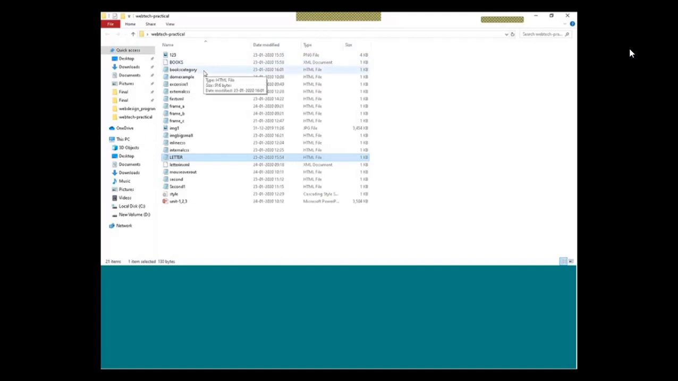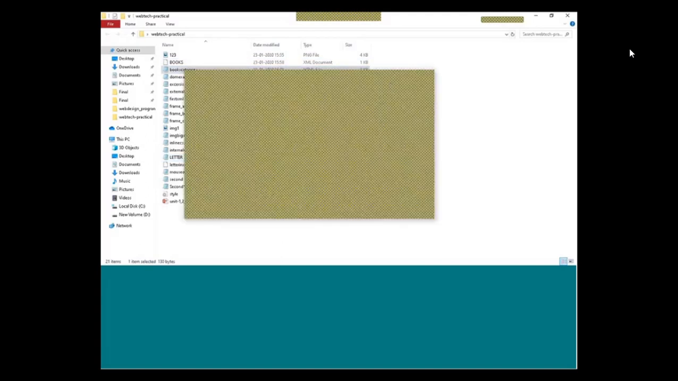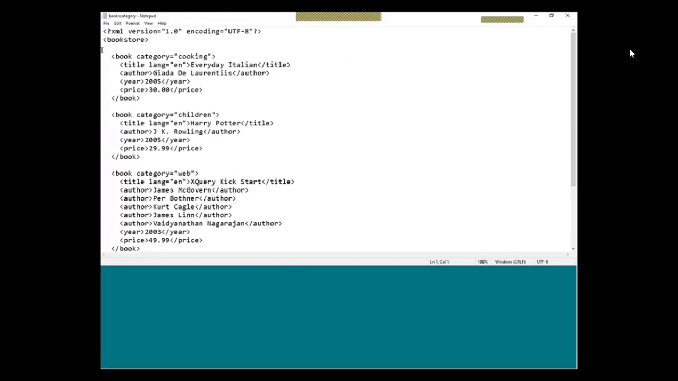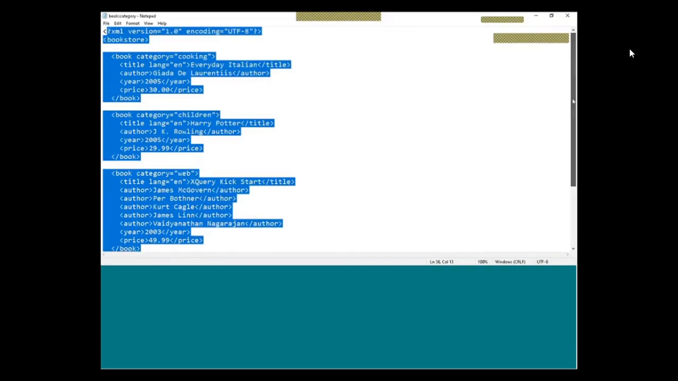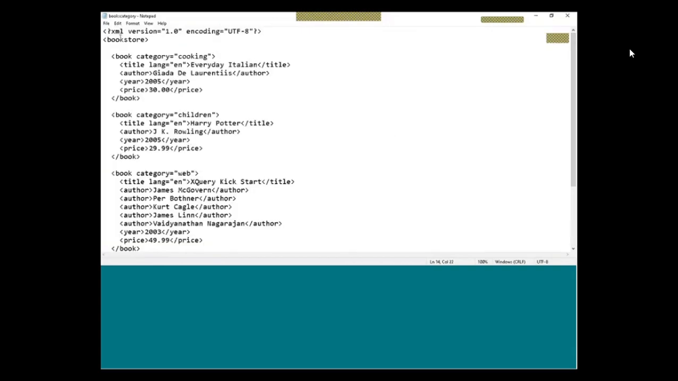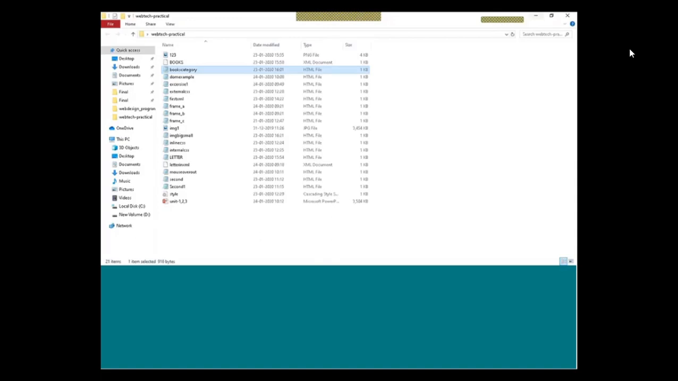So I have shown you, you have seen the example of the book category also. You can see here, this is about the book category. We have written this particular file in a notepad. You have written this code in a notepad and then saved it in an XML format, and then you can open that in a